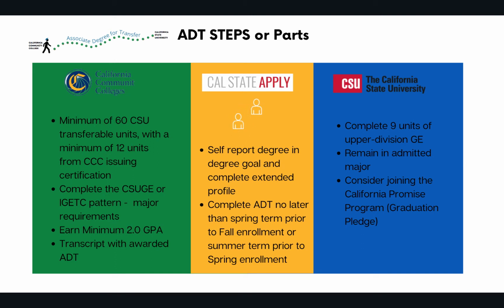So at the community college, you're able to go ahead and complete the lower general education courses, and normally these upper divisions are offered through the CSU campus. Again, the majority of the time, these courses will not be able to be taken at the community college, but more so they have to be taken at the CSU campus. Again, you have to remain admitted in the major.